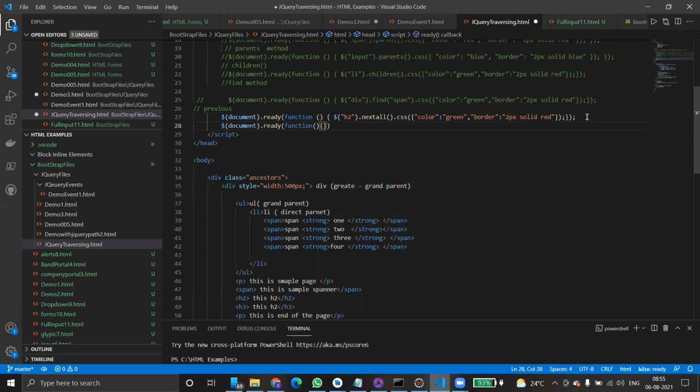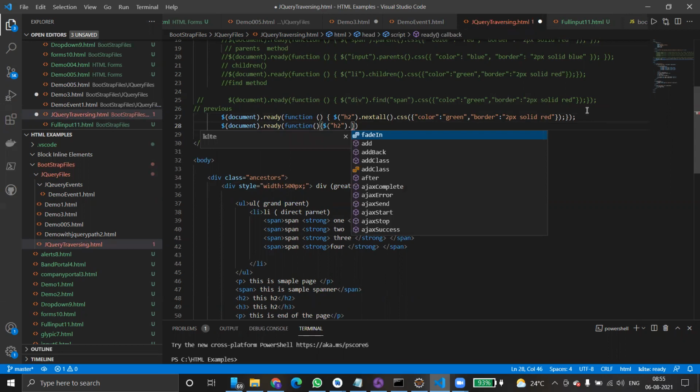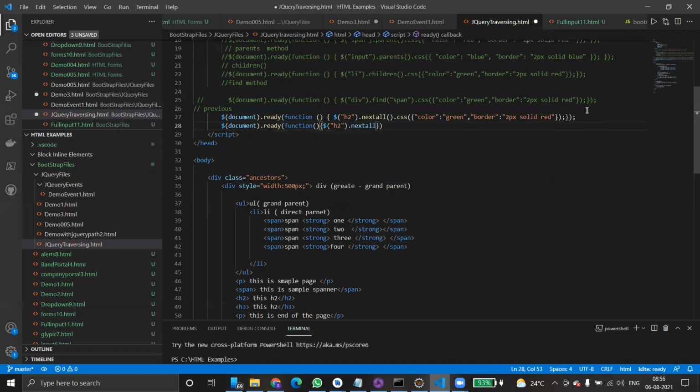I'm just using the dollar symbol again. H2. Okay, done. We have H2, H2.nextAll. I'm just copying the remaining things from here to here. Control S, Control C, Control V, Control S. It's almost the same.